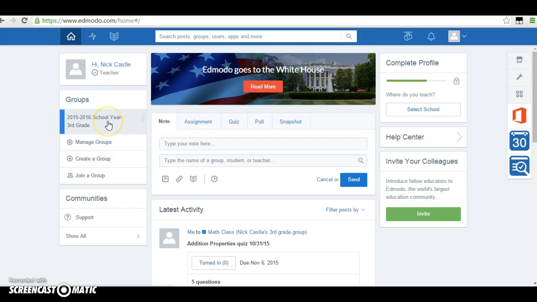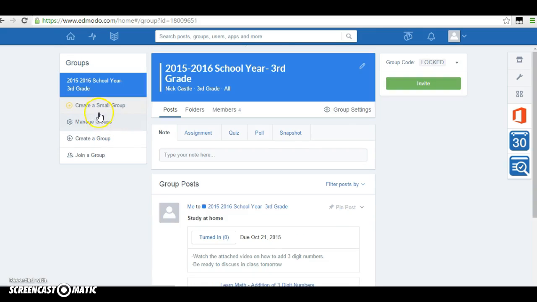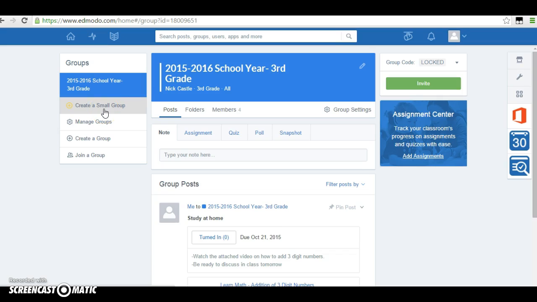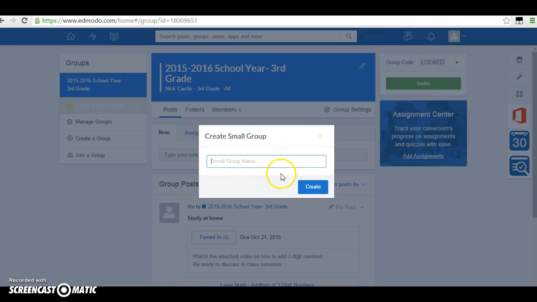So I have my 2015 school year class. If I click on that, you're going to see a new bar appears to create a small group. Now I might want to create a small group for an area for students to have as a discussion board. This is one thing that will help keep my page clean and neat. So if I click the create a small group, I can create